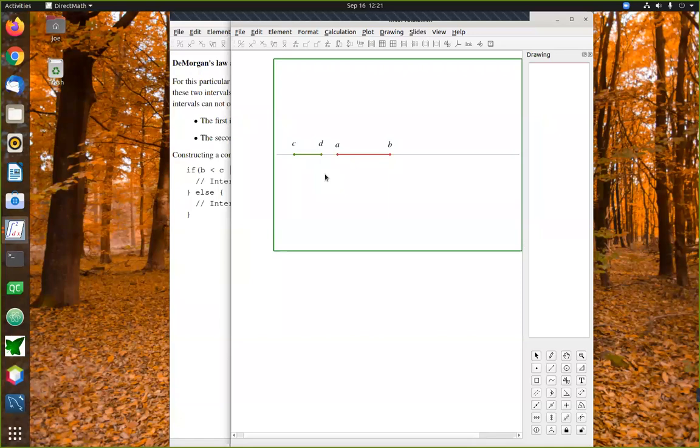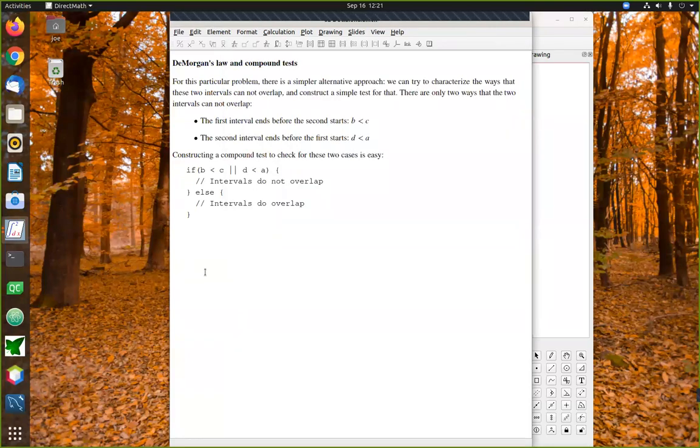All right, so what's going on in this case, it's actually much easier to say when the thing is not going to happen, and that in turn makes it radically easier to write an if statement that resolves this situation. So here, by using just a very simple test, we can have 2 scenarios in which they don't overlap. If B is less than C, or if D is less than A, the intervals don't overlap, and that resolves the situation fully, and that allows us to write it finally as a fairly simple, straightforward if-else statement.